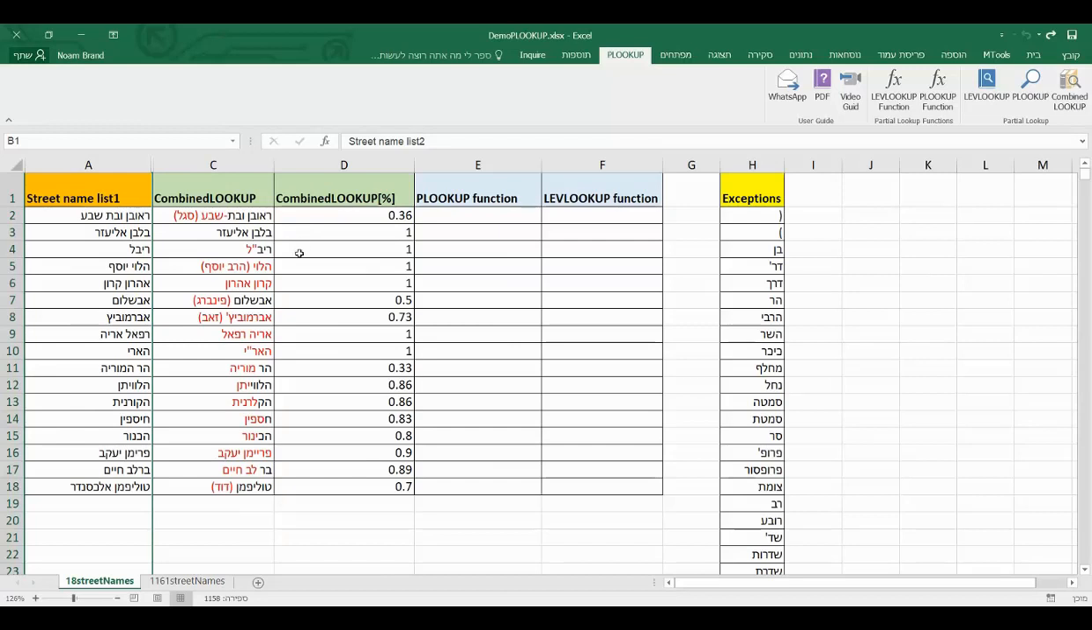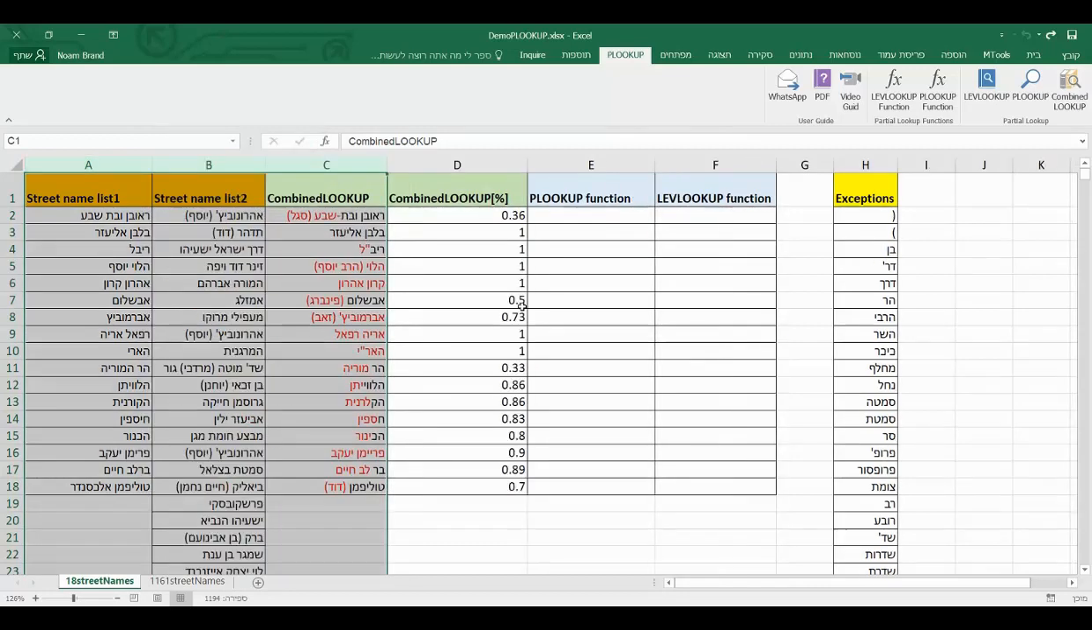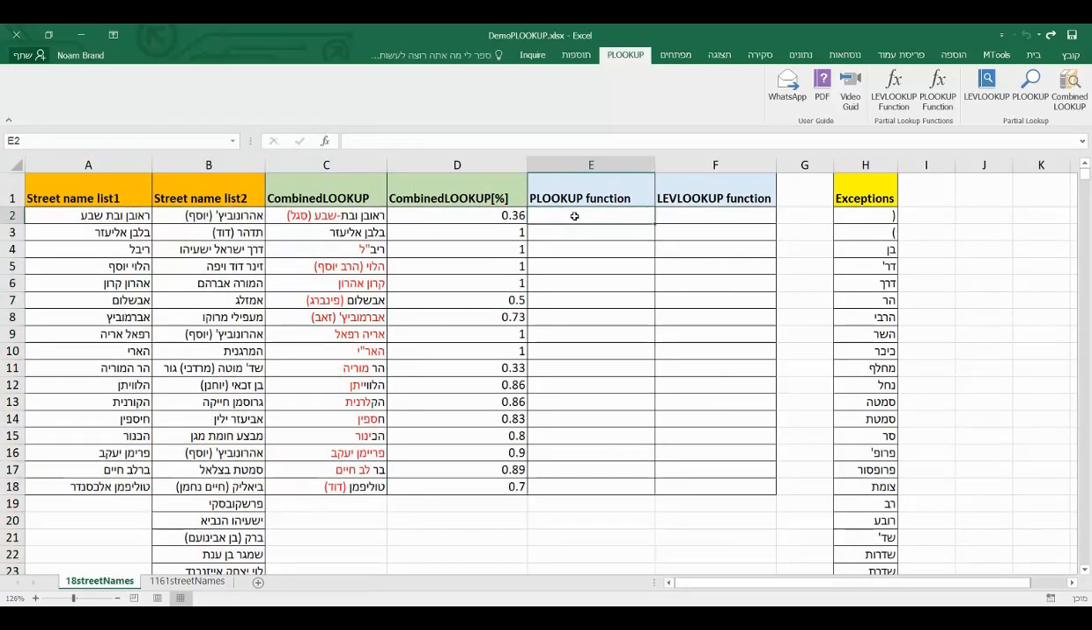After installation, you will find the PLOOKUP on the Excel ribbon. The partial lookup button usually returns the best results. It combines two methods, the PLOOKUP method and the Levenshtein method. If the partial lookup button did not find some word, try each method separately and see which returns the best